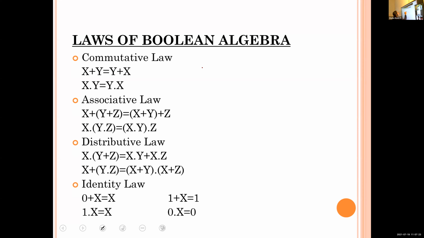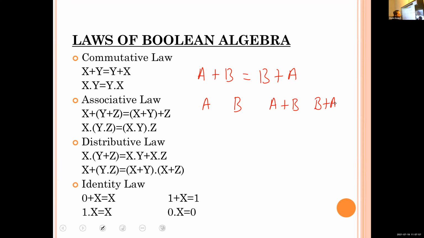We can write a plus b is equal to b plus a. Any variable name you can use. The concept is the order is not important in the case of commutative law. If a is first, or b is first, no problem, the result is same. A plus b is equal to b plus a. Then just prove this. We can prove this using truth table, that is a, b, then I will write a plus b. After that I will write b plus a.